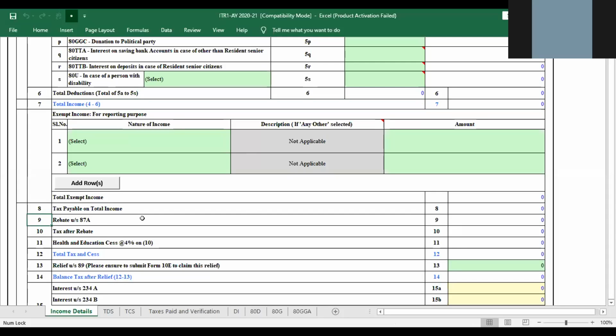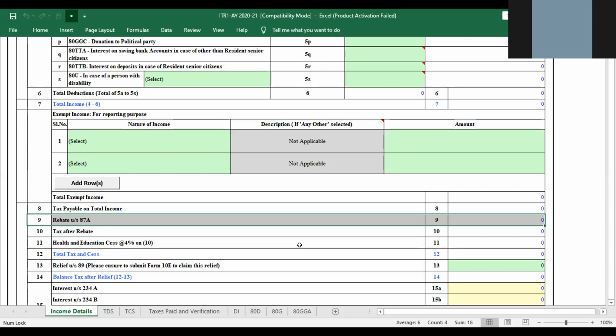But now there is this one provision over here, which is called rebate under section 87A. This rebate is given to those individuals, only individuals, whose taxable income is less than 5 lakh rupees. If you're earning less than 5 lakh rupees, then the 5% tax that you have to pay from 2,50,000 to 5 lakh rupees of income, which comes to 12,500, that amount of rebate, meaning non-applicability of tax, is given to you. So that much will not be applied to you.